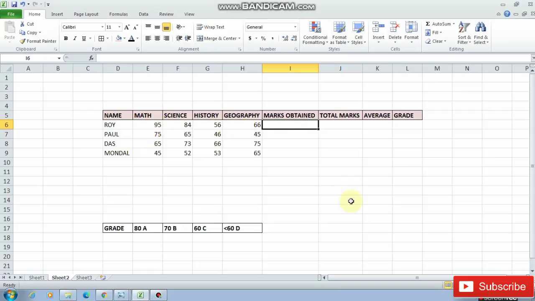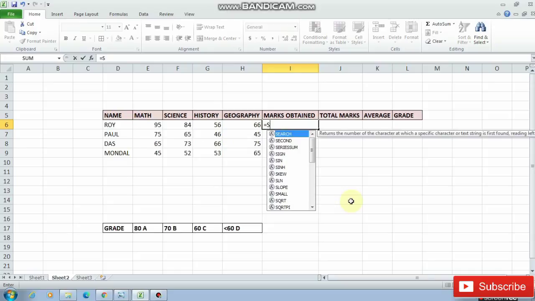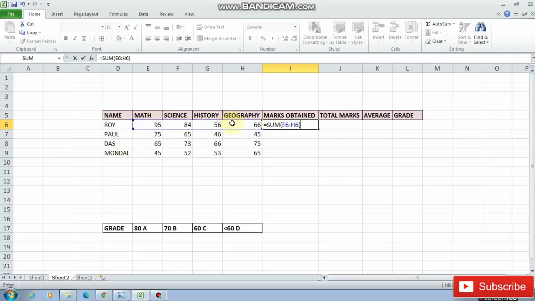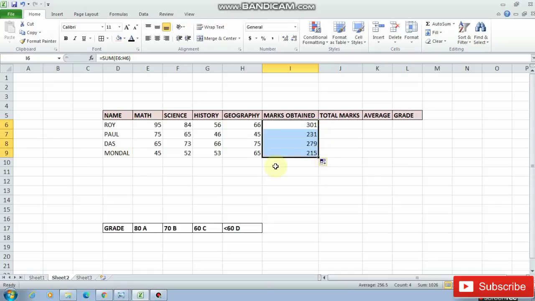And now as I have shown here, just clicking the cell and dragging the cell down, you will get the marks obtained by the other students automatically. So if you are going to prepare a mark sheet of n number of students, then you don't need to add each and everyone's marks. You just need to add marks of the first student, and by dragging like this, you can get the marks of each and every student.